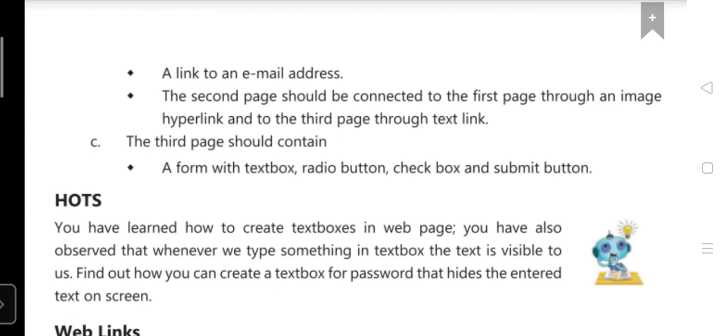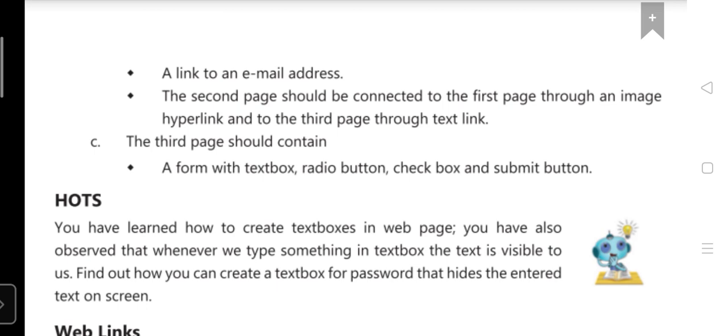And third, the second page should be connected to the first page through an image hyperlink and to the third page through a link. What was said for the first page: that the first page should have links to both the second and third. The second page should also be the same, with links to the first and third, but the first should be an image link and the third should be a text link, means an external link.